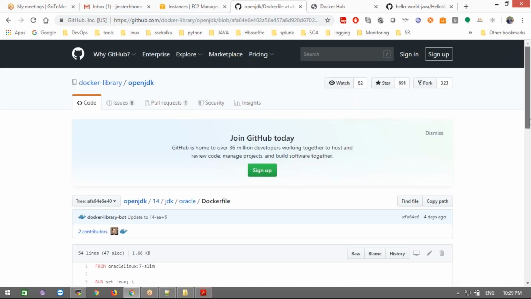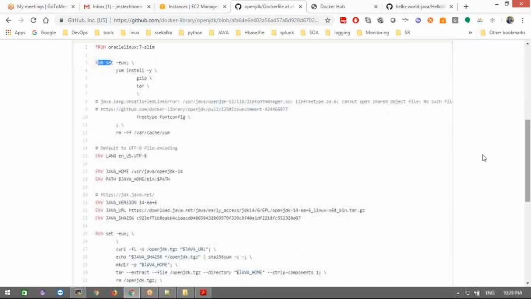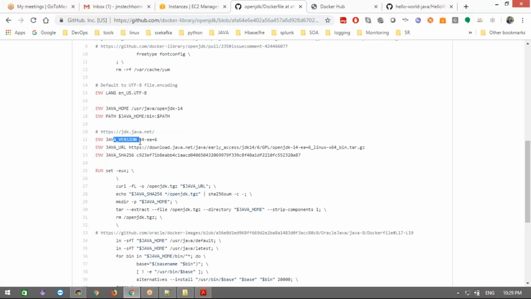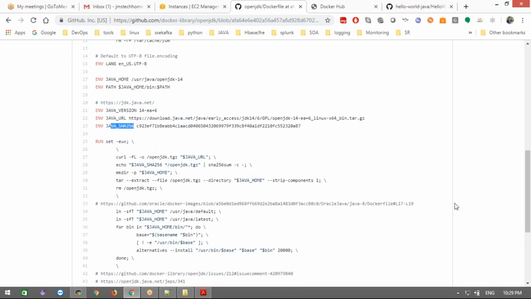They use the Oracle Linux 7 slim base image and a run command, and they install Java. They set the Java version and Java URL, and they check the SHA256 to compare whether it is original or duplicate.